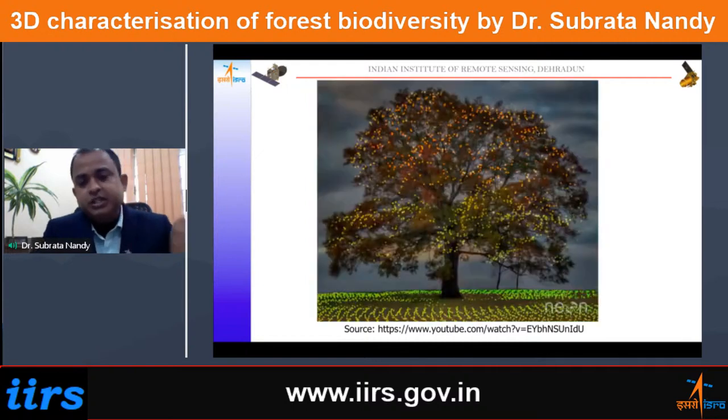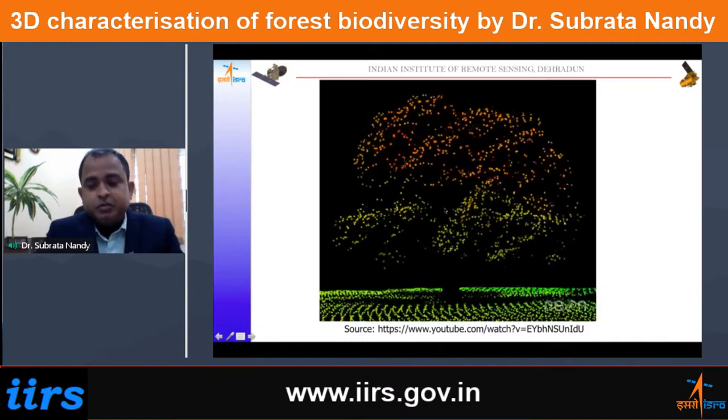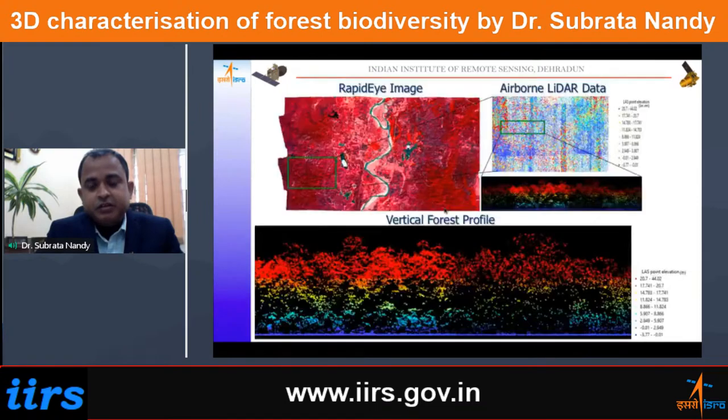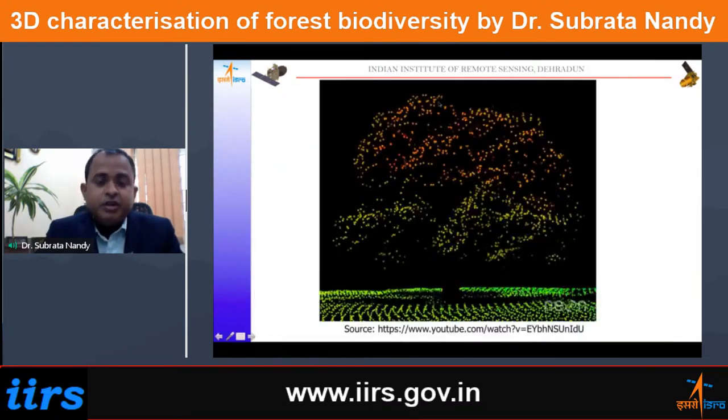So suppose we send laser pulses, and all these pulses hit here. Now all these points have an X, Y, Z coordinate. So ultimately it will look like this. Basically, from this tree, it will have this kind of structure. Now here you can see all these. You can get a full structure of the forest here, and again,